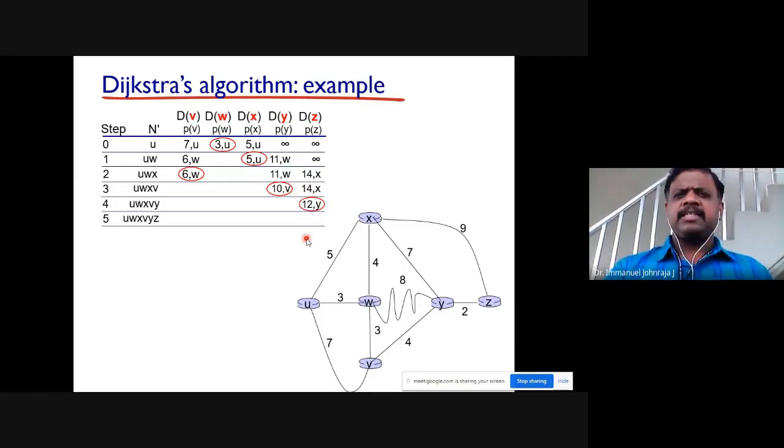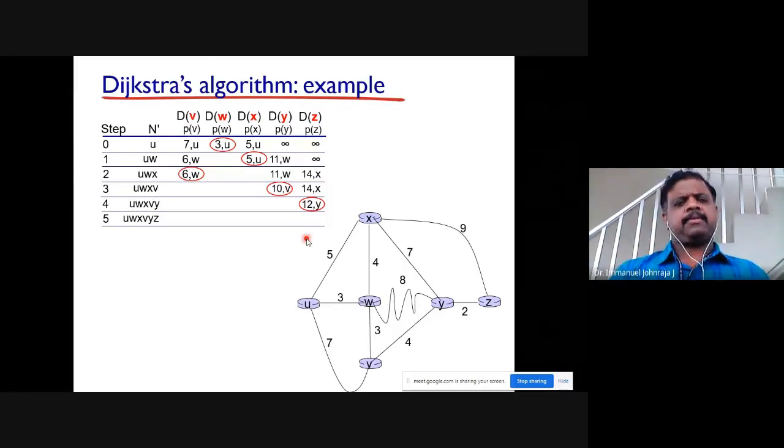Sir, is it compulsory that you should go through this step? Yes. The reason is, for a simple network topology, you can even do it from memory. Just take a rough paper and you can go for some brute force attack and find out. But you should understand there are some 17 paths existing from node U to every other node. Okay, 17 paths. All right. So if the number of nodes is more, and if the connectivity is also more, then doing it by memory or some assumption is not going to help you. It's not scalable. All right. So it's better you learn the Dijkstra shortest path algorithm in a procedural way.